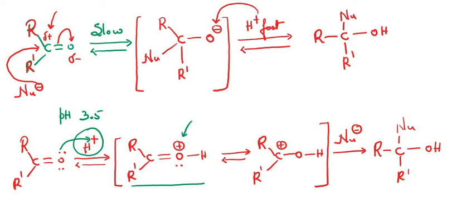You can see that this oxygen is now bearing positive charge. In order to stabilize itself, the pi bond will be shifting to this oxygen atom, and it will be generating, in the next form, the positive charge on the carbon atom. So if I run the carbonyl compound at a pH of 3.5, the positive charge will be more generated on this carbonyl carbon, due to which the nucleophile will be attacking easily on this positively charged carbonyl carbon atom, and thus we can get the nucleophilic addition product more easily.